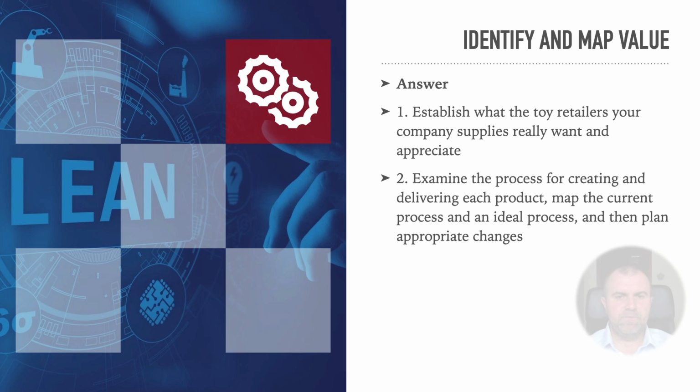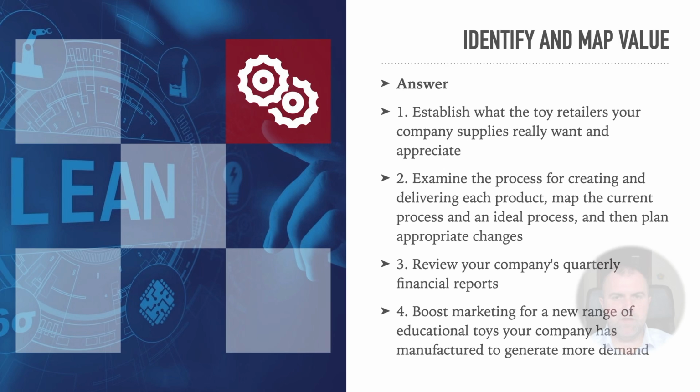Option 3 is incorrect. In the context of a lean approach, value refers to what customers value, rather than to financial values like those in quarterly or annual company reports. And finally, option 4 is incorrect. A lean approach focuses on establishing pull, with production tailored based on existing customer demand, rather than with demand manipulated to suit production.